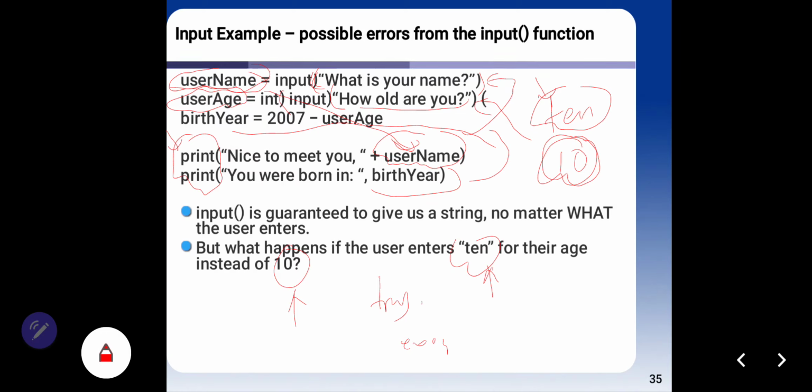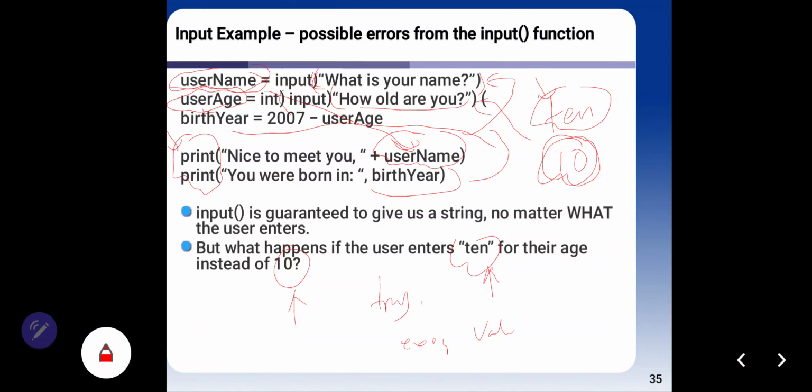Try colon user age, same like this. User age equals input how old are you, and then for except value error colon print, and then you can give any alert, for example, please enter a valid number for your age.